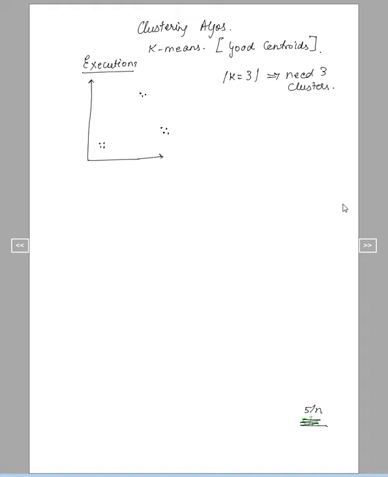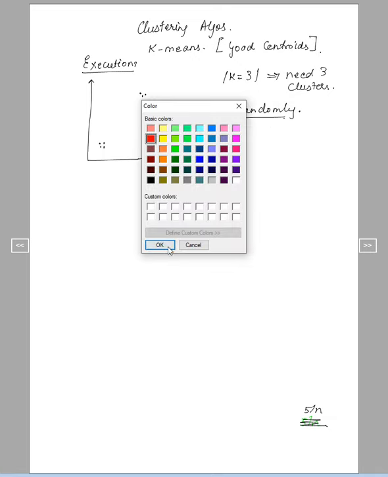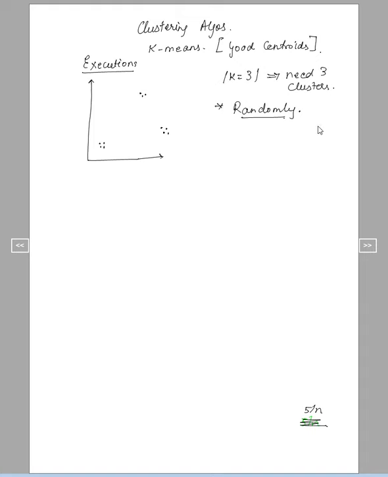Initially, as you know, if we do not know anything, we start randomly. So let's say, because I need 3 cluster points, I choose my centroids as R1, R2 and R3.